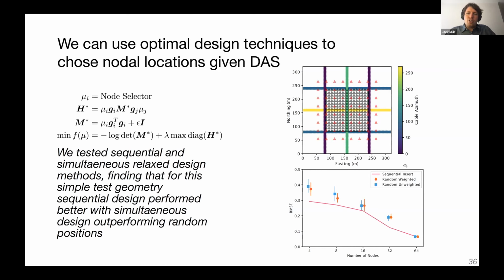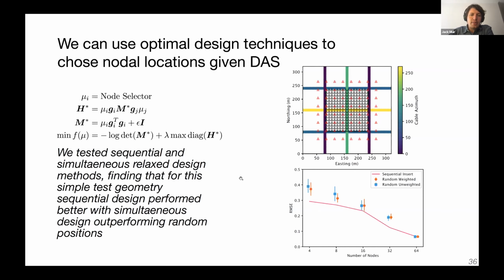Or we can do it sequentially, which is to say we will take one station, solve for the best solution of this equation and put that station in, and then fix that station, move to the next station, add that in somewhere, and so on and so forth. And we can see that if we do that both using the probabilistic interpretation and using the sequential insertion method, we can get substantially improved misfits compared to just randomly selecting stations. So we can actually do optimal design for these mixed networks in order to improve our ability to